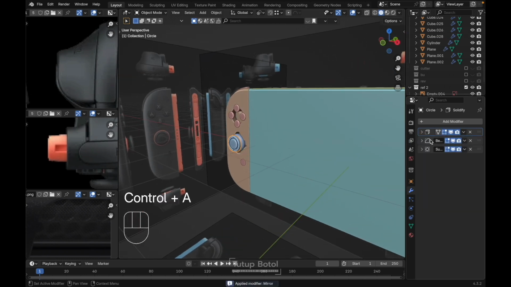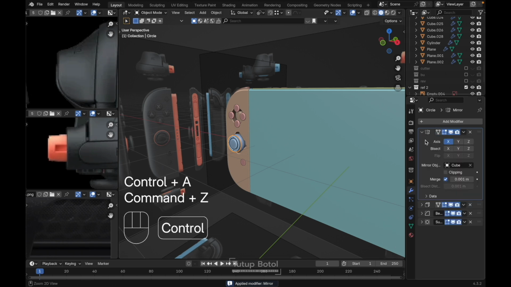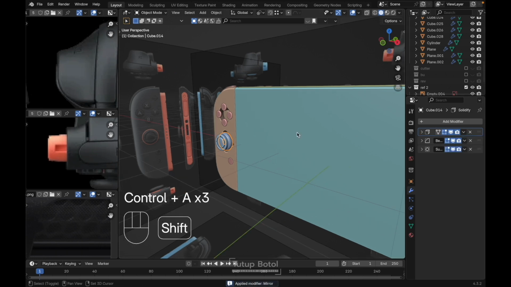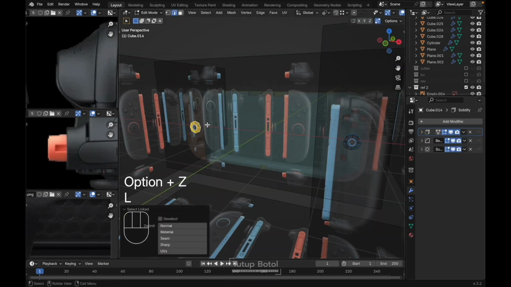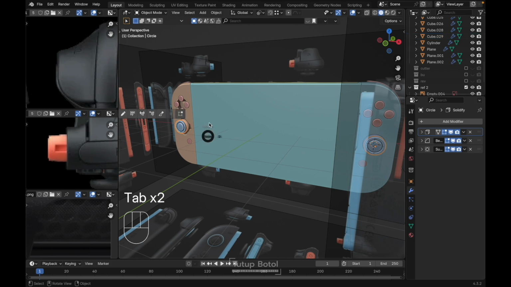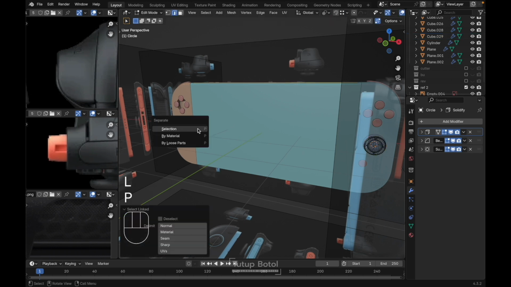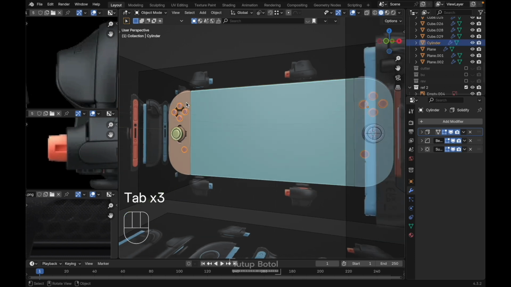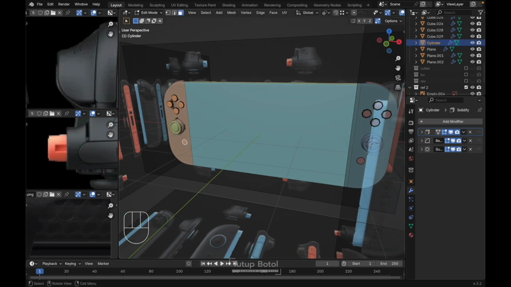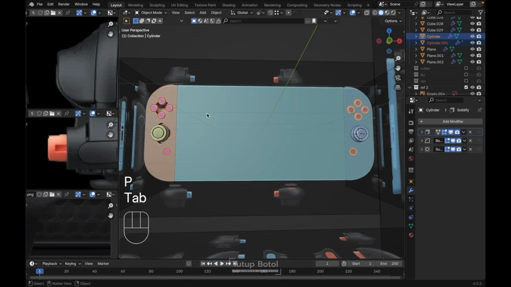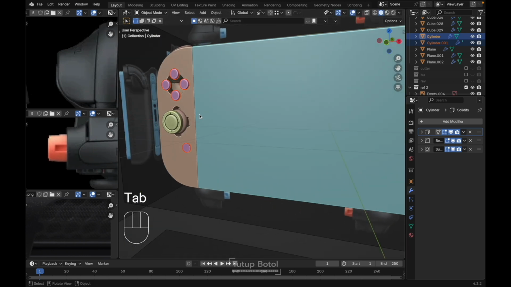then apply this, apply the mirror here, this one also apply, and this one apply. Tab to the edit mode, you select one of these, L, P selection, do the same here, tab, click this object, L, P selection, and this button, select all of this, maybe this one also, press Ctrl L, P selection, okay, then